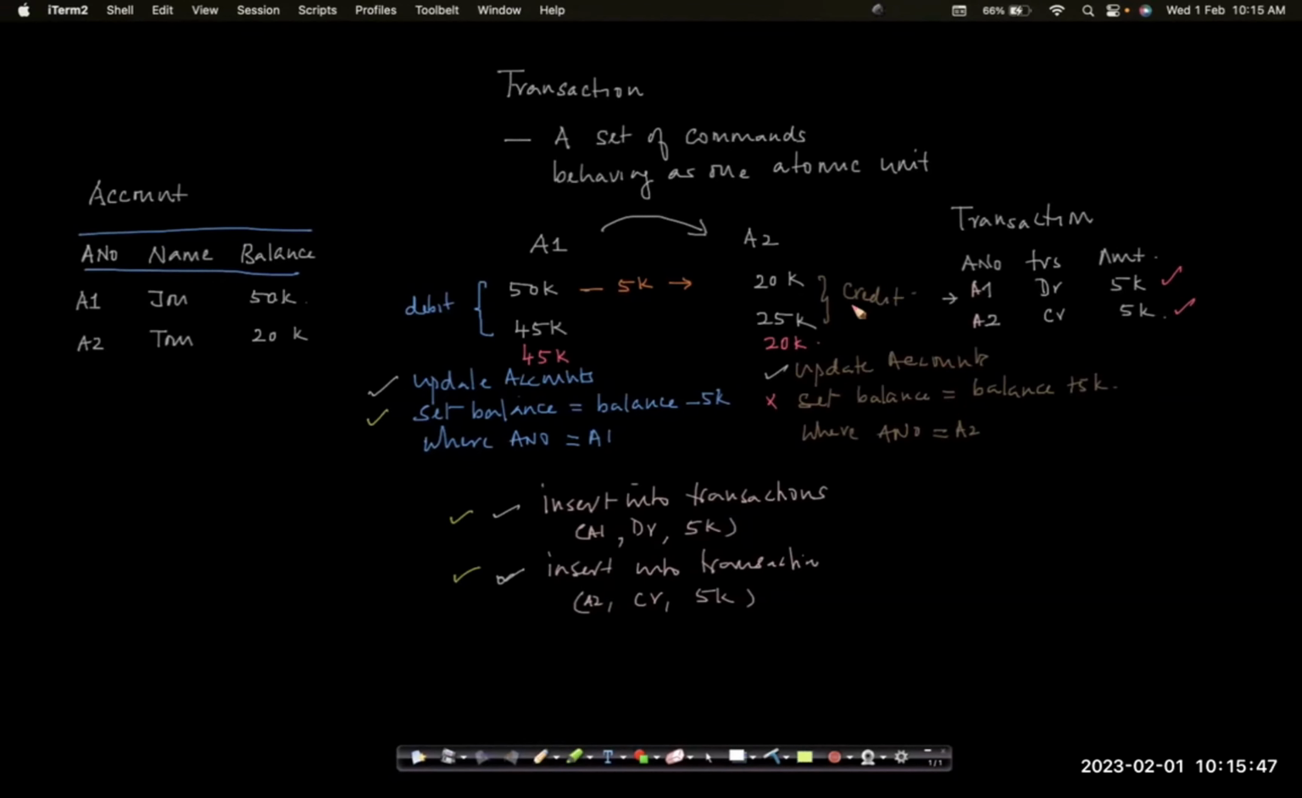Is that fine? Are you getting what I'm saying? Yes, ma'am. So this is what we mean by inconsistent data, right? Your data is inconsistent and we'll never be able to trace what happened here. So what we need to do is find some way so that all 4 transactions will be